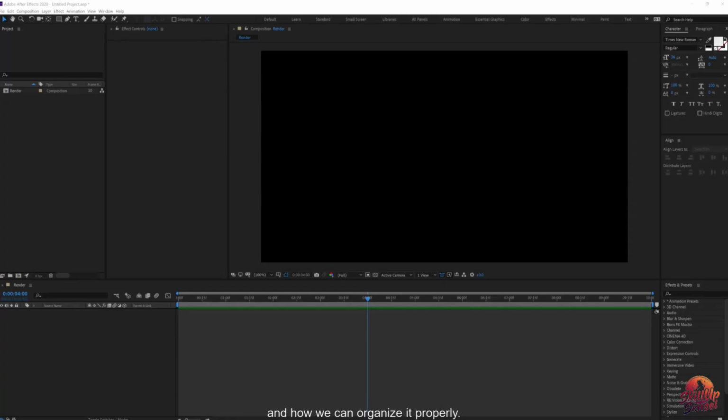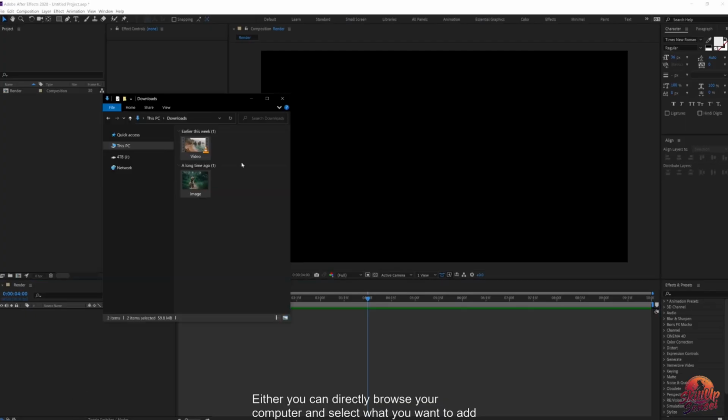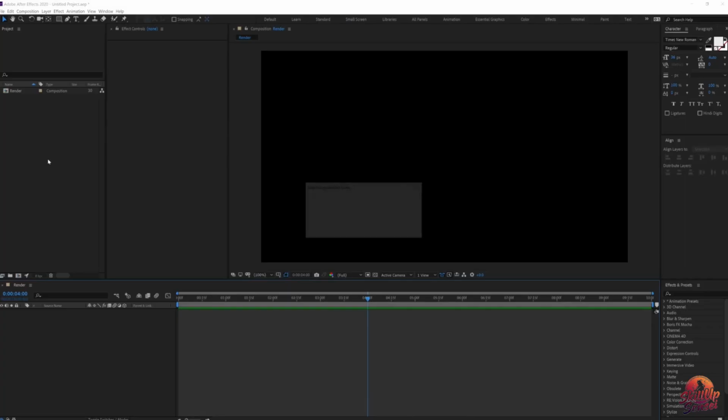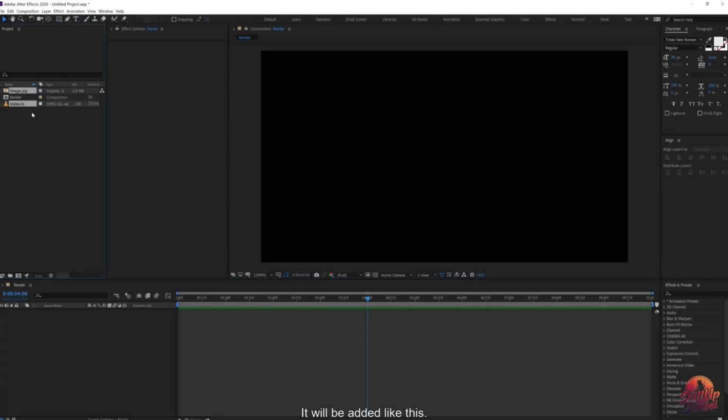Guys, in this lesson, we'll see how we can import any material we need into our project in After Effects and how to keep it properly organized. Now, there are 2 methods for importing. Either you could directly browse through your computer and whichever files you want to add, select them and directly drag and drop them into the After Effects project panel, and they will be added that way, or alternatively,